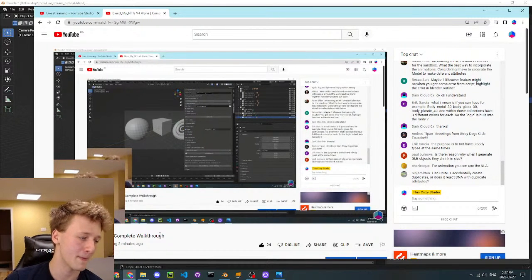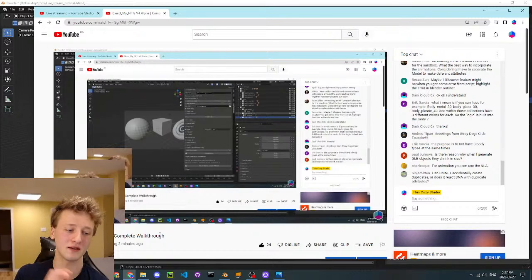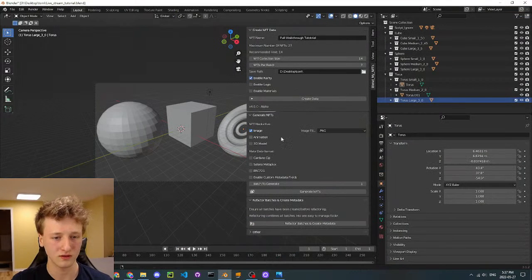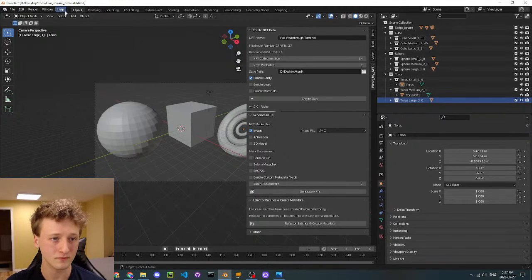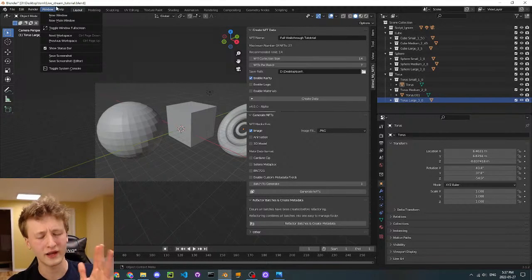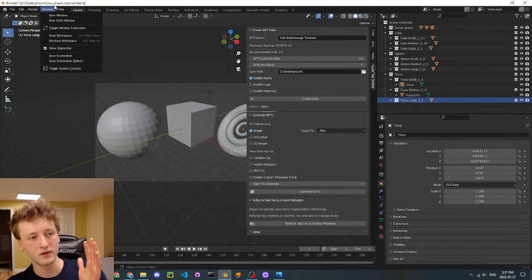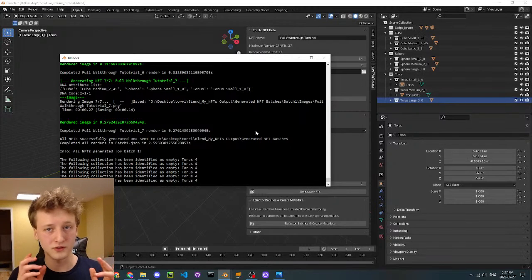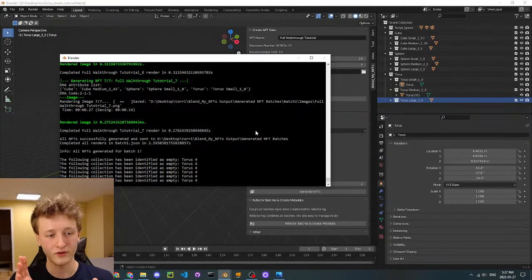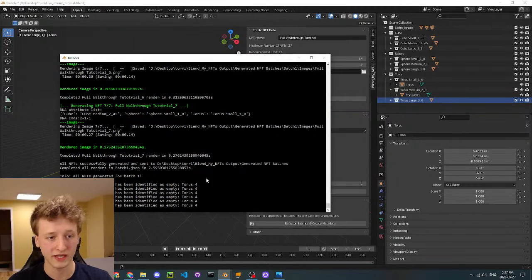I'm working on making the error messages in this version 4 a little friendlier, so that you know what collection is wrong. If you go to Window, by the way, I forgot to mention this, go to Window, hit Toggle System Console. This is really important if you're going to do this stuff for clients. If you have client work and you want to debug really quickly and understand what's going on, look at this console. Pull it up before you start rendering, because once you start rendering with the script, it will freeze Blender,